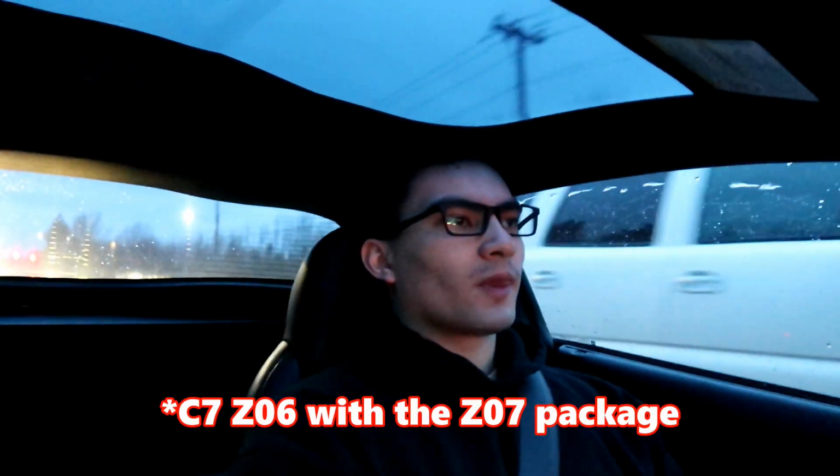not be the correct application for my vehicle. Let me know down in the comments, because I know on the Z07, the C7 Z07, the wicker bill adds a lot of downforce to the car, so that way once you get above, I think it's like 140, they start to kind of slow down a bit, and I'm not sure if I want that